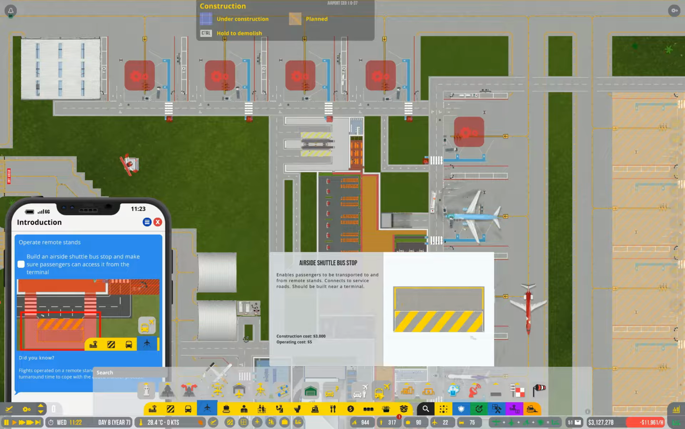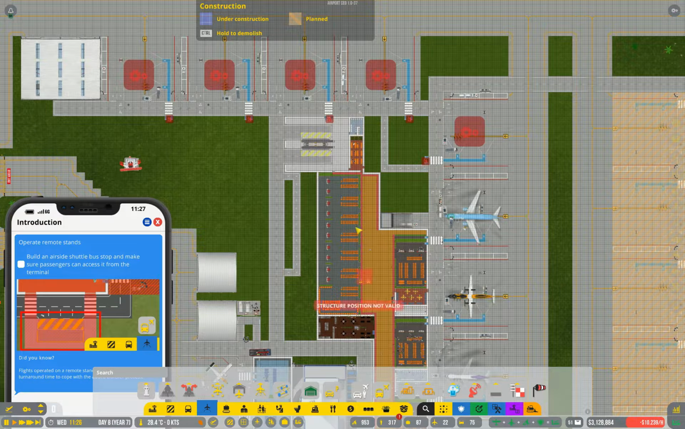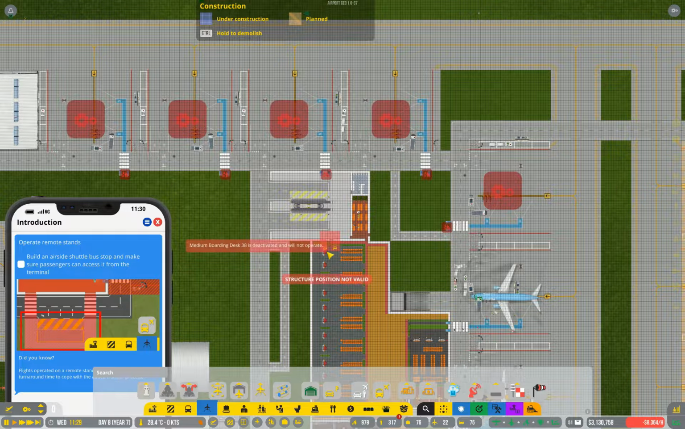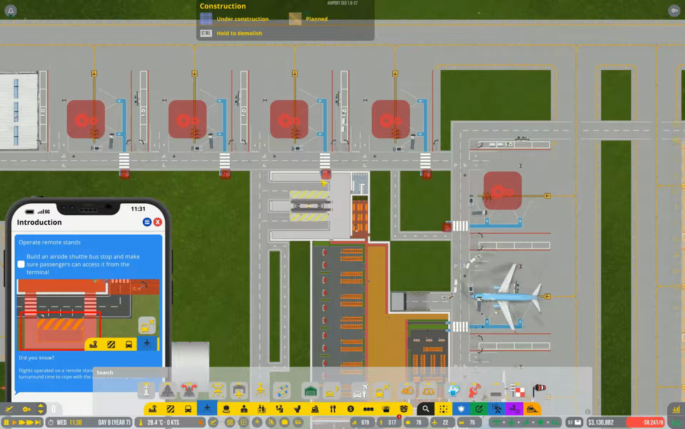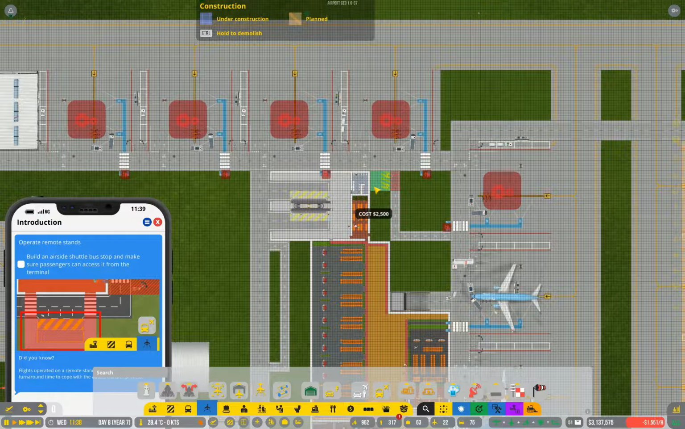What I need to do now is put in the airside shuttle bus stops and service car stops. I'll do the service car stops first. These are for your ramp agents to be able to reach the remote stands, because there's no way for a ramp agent to walk from here. Well, in this case, yes, that one could potentially walk across, but to this one, and this one, there's no way for ramp agents to walk from the terminal building over to that stand. So we need to have service car stops for our ramp agents, and they get placed very much like any other